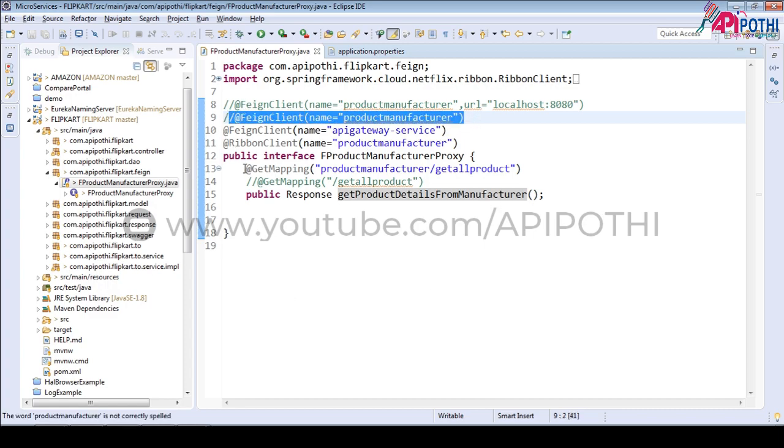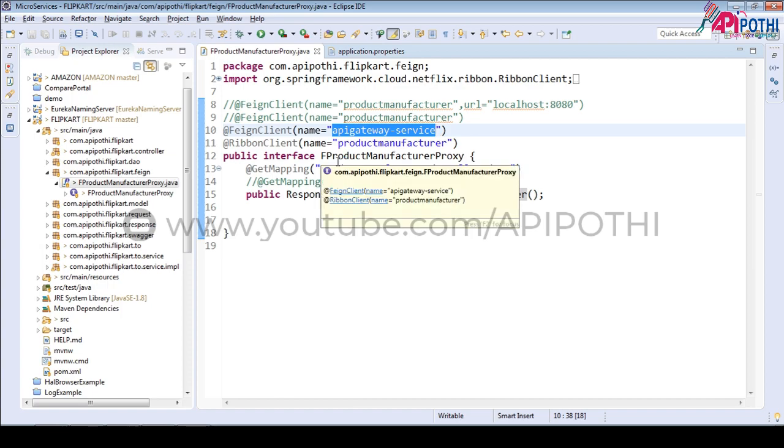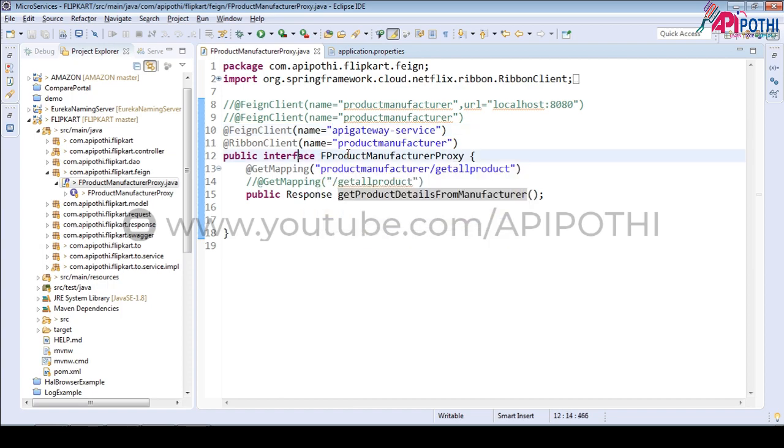Now since we want to redirect this request through the API gateway, we are telling Fin client that no, these services are available inside the API gateway. So we give the name of the application as API gateway. Fin client understood that, okay, when anyone hits these services, we will redirect this to the API gateway since the application name is API gateway only.